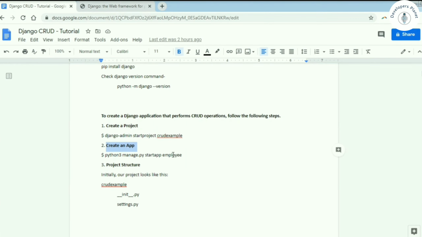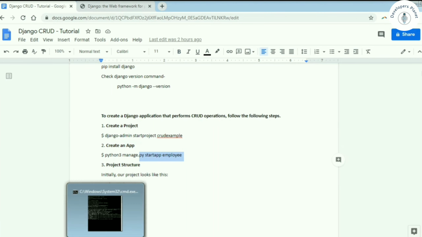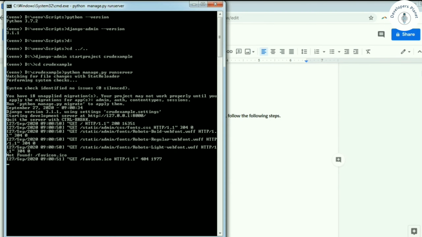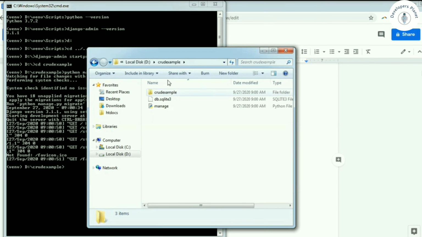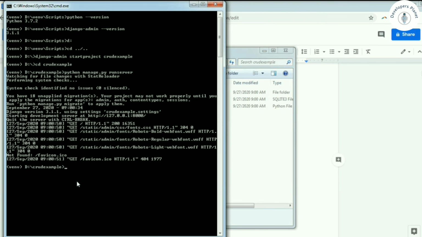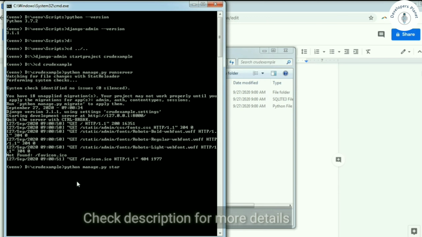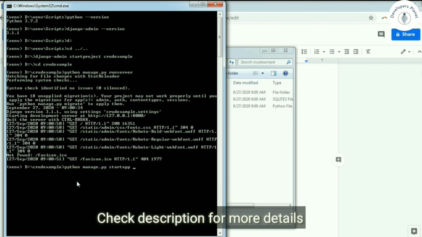Now we will create an app for this project. We will create an employee app. Let's go to our command prompt and stop this server. Control C, and it's stopped. Now we will go to our directory. In D directory we have created project crudexample, and here we don't have any app. So let's go to our command prompt again, and let's type python manage.py startapp and the name of the app.